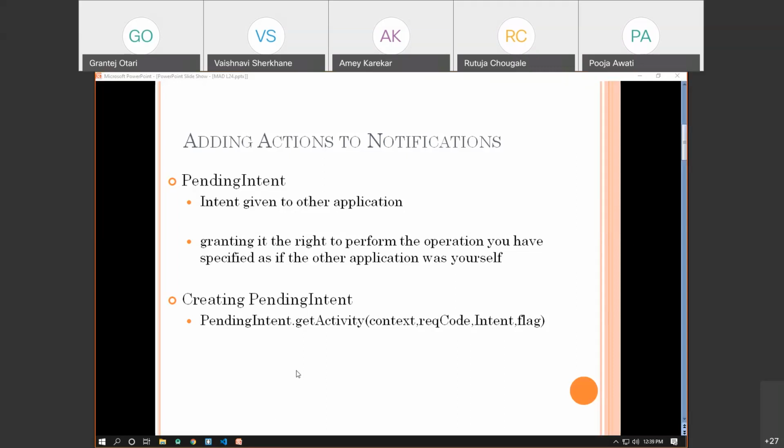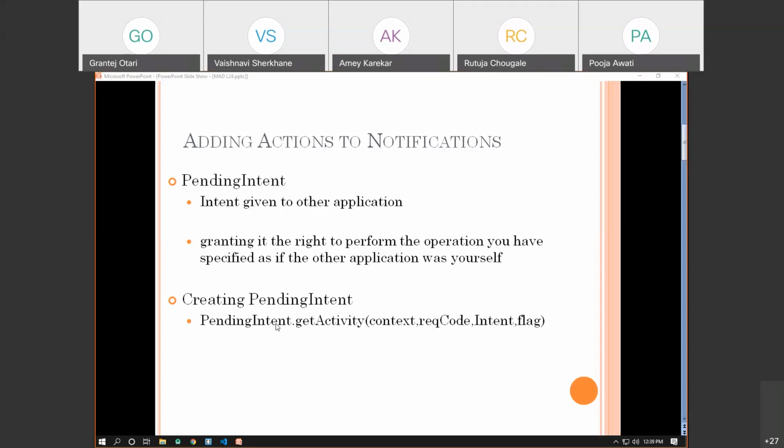But the most important thing here is that the code for calling activity B must be written inside activity A. Whatever activity you are going to call, that code should be written in the current application code. So that is about the intent.